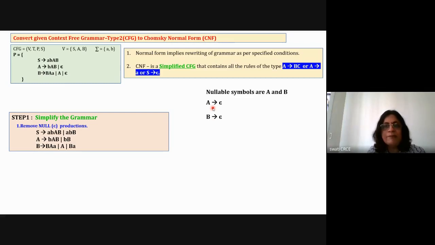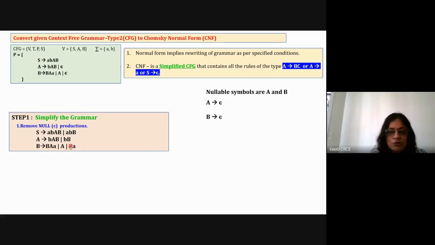Now take the second one, B is equal to epsilon. Again visit all the production rules. Starting from here, if B is equal to epsilon, I will have to add small a b capital A. And if this B is epsilon, I have to add small a b. Then here, B is equal to epsilon, it will be B capital A. If this B is epsilon, A will be small b. If this B is epsilon, B will be capital A small a. And if this B is epsilon, it will be small a.